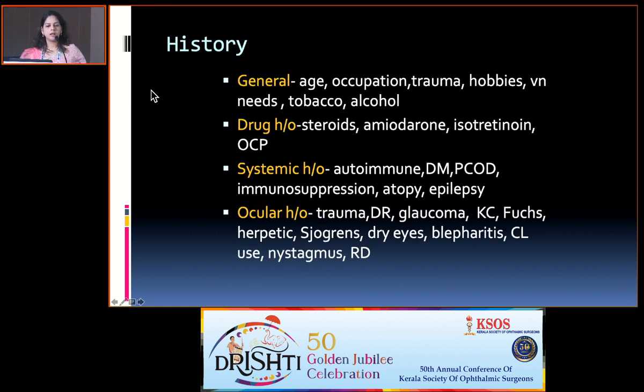In the history part, ask about the age, occupation, trauma, hobbies, vision requirement, tobacco and alcohol use. Drug history of steroids, amiodarone, isotretinoin and OCP is important. Systemic history of any autoimmune diseases, diabetes, PCOD, immunosuppression, atopy, epilepsy is significant. Always ask about ocular history of trauma, diabetic retinopathy, glaucoma, keratoconus, Fuchs, herpes, Sjogren's, dry eye, contact lens use, RD,